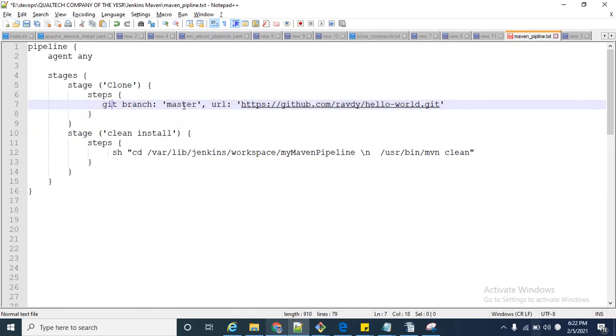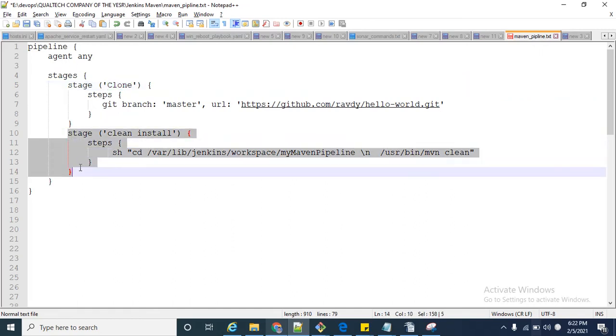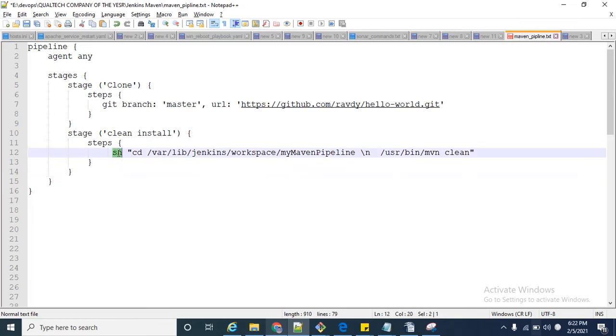In the second stage, we only specify the clean goal. In this stage it will run the command cd to go to this path, and then run the command /usr/bin/mvn clean.